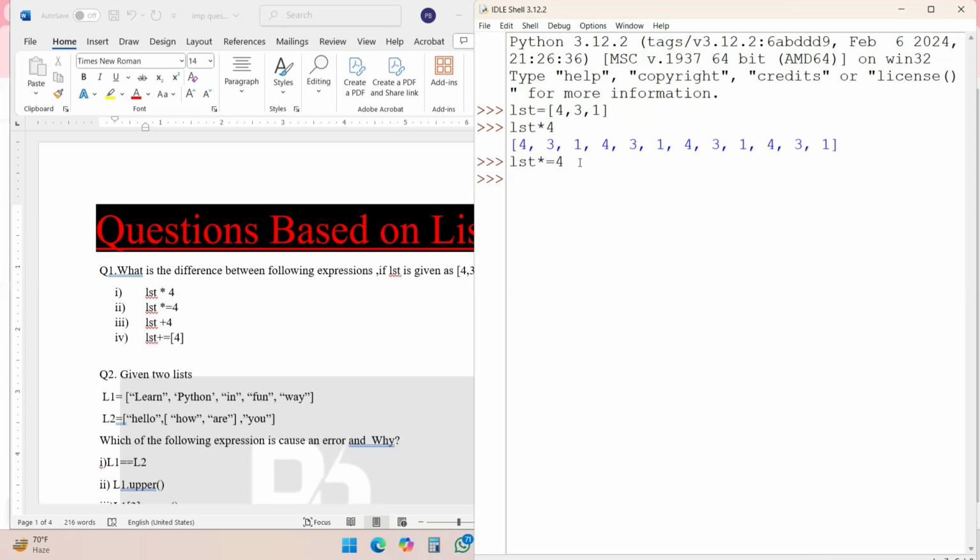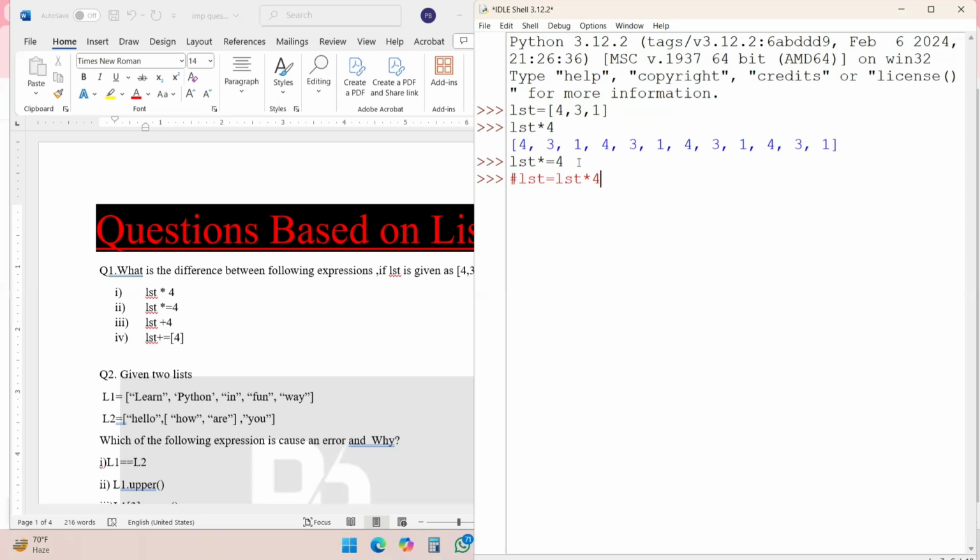What is the meaning of this? The meaning of this, student, is list is equal to list times 4. The meaning of this statement is: list is equal to list times 4.